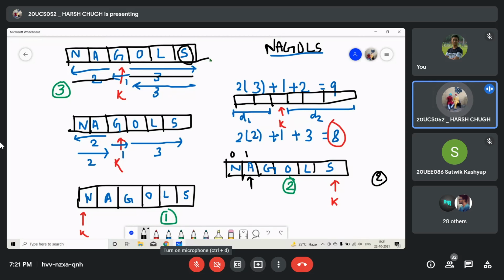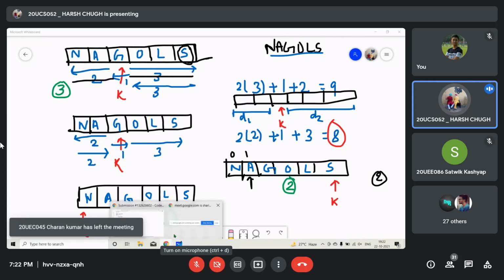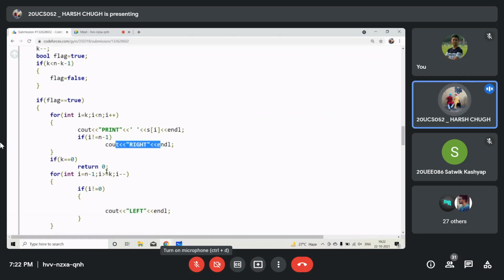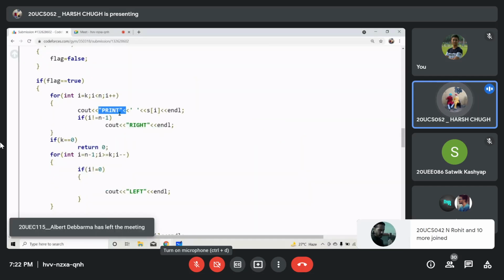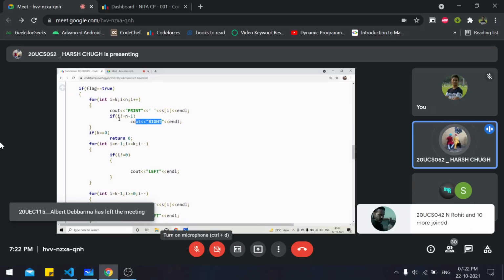Then we don't have to go right. Why? Because we are done with the string. We just have to check whether there is any part left on the left or not. Then we will come back if any part is left. Okay. So first, from k to the last index, I will print the letter, and I will go right until we are not at the last index.